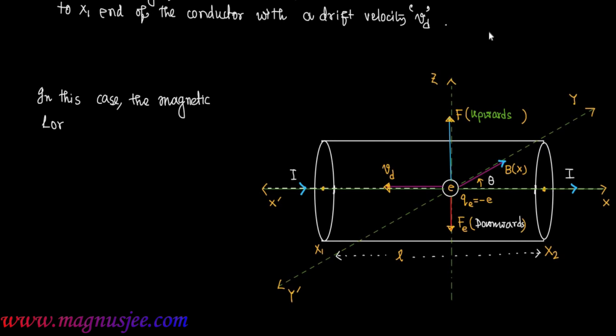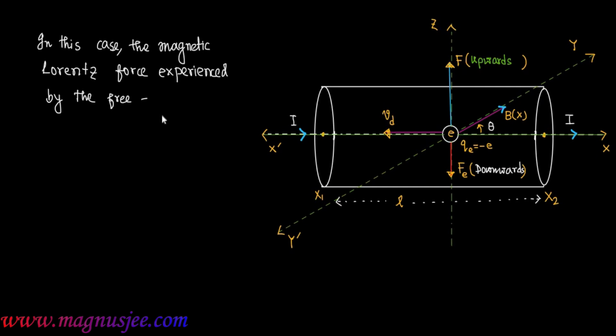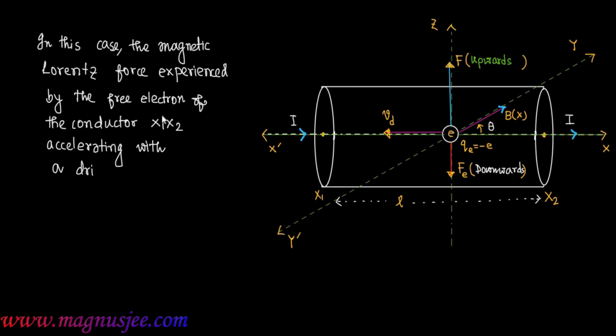In this case, the magnetic Lorentz force experienced by the free electron of the conductor X1 X2 accelerating with a drift velocity Vd in the uniform magnetic field B